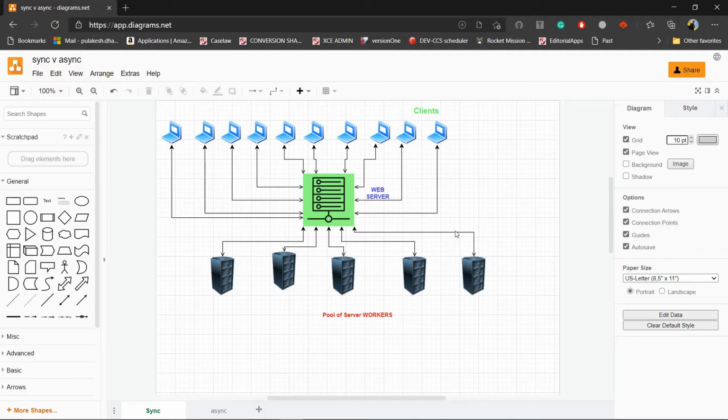So if 10 clients send their requests all at the same time, then the load balancer will be able to dispatch only 5 requests to the workers, and the rest of the 5 will lose the race basically. So basically they will have to remain in a queue while the previous requests get processed